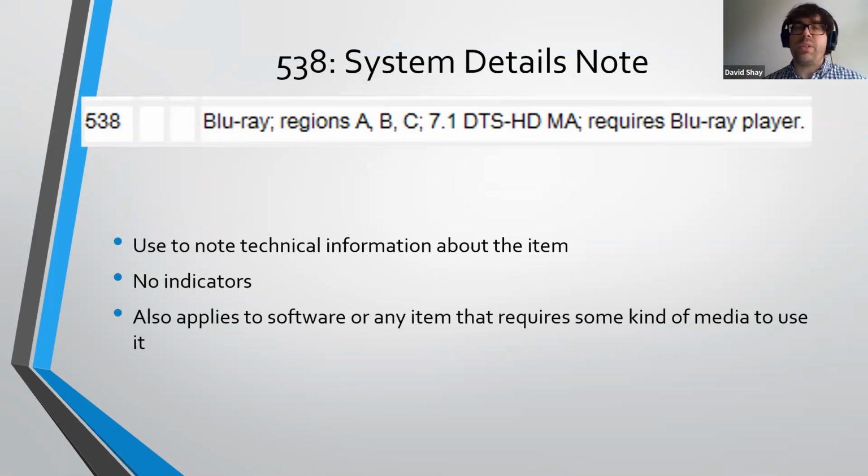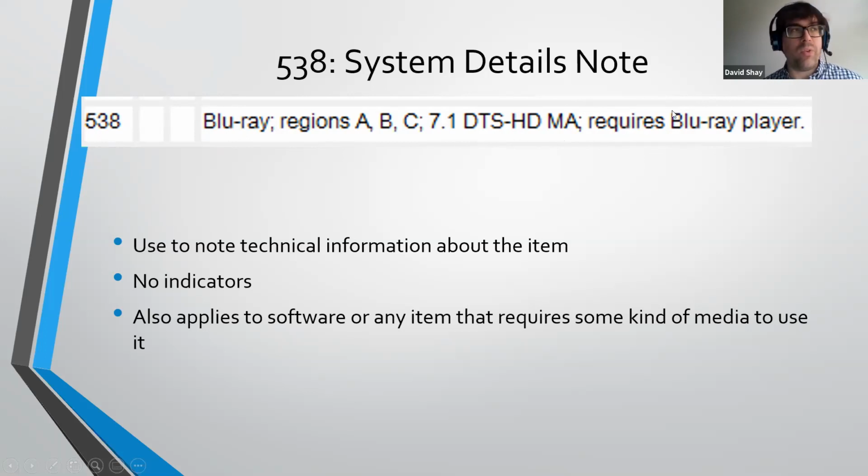Your 5xx fields are going to enable you to get some of the technical specifications across in a way that's a little more readable for your patrons. So in your 538 system details note, you can display technical information about the item. So we've got that it's Blu-ray, the regions it covers, the sound, and importantly that it requires a Blu-ray player. So any kind of device that is going to be required to interpret or use this work,